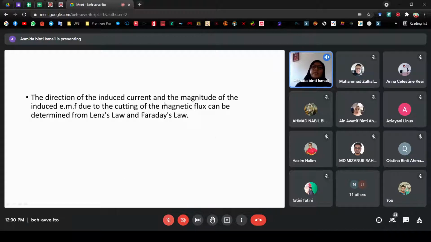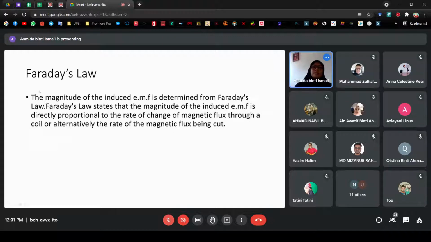The direction of the induced current and the magnitude of the induced EMF due to the cutting of the magnetic flux can be determined from Lenz's law or Faraday's law. So, untuk induction ni, there are two laws yang berkaitan dengan dia, Lenz's law and Faraday's law. Faraday's law states that the magnitude of the induced EMF, the electromagnetic force,